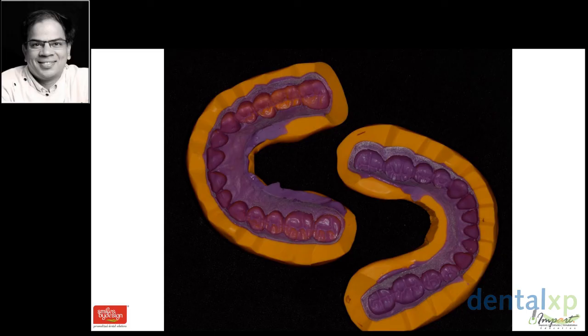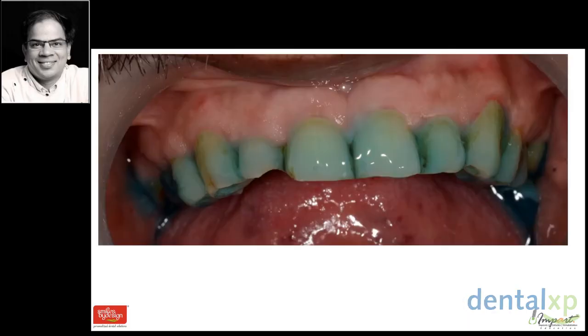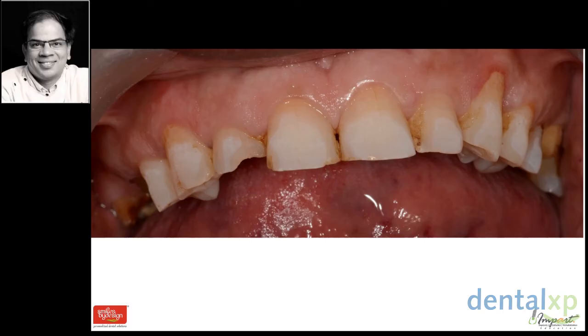I come back to the patient's situation, and here I'm going to etch all the teeth with phosphoric acid for around 10 seconds, a total etch. I've not prepared any tooth at all. I've not touched any drill on these teeth, and I've etched them. You see, in certain areas I have got a good amount of enamel present, and so there's frosting of that enamel. I'll apply a bonding agent on this, light cure the bonding agent.